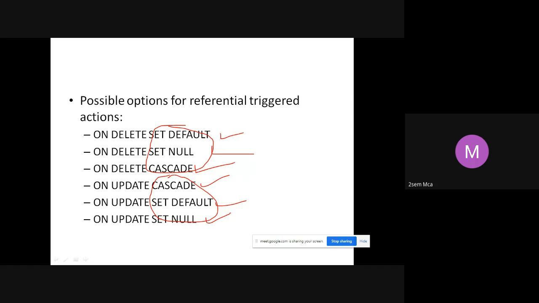So on delete set default means if you are deleting a record where a foreign key is there, you should also set some default for that. Either you set it null, set it default, or cascade. Cascade means that stepwise, I will trace back and delete everything wherever I have used that foreign key. The same thing holds for update also.